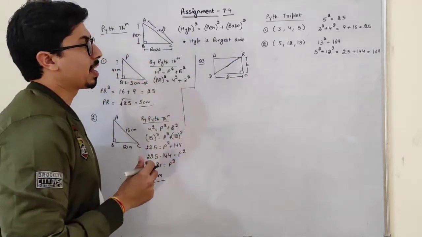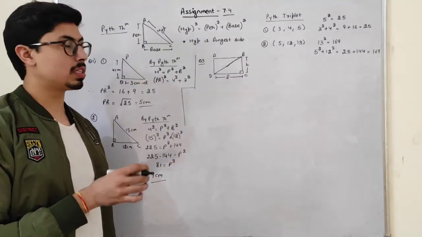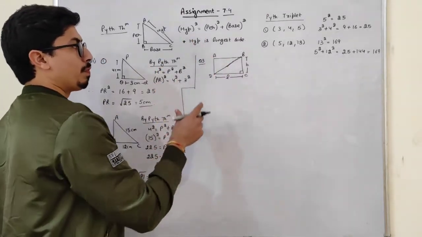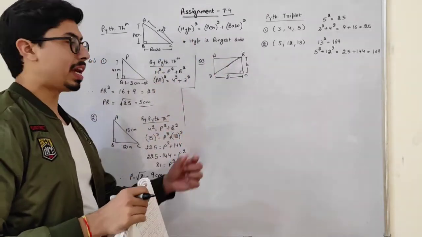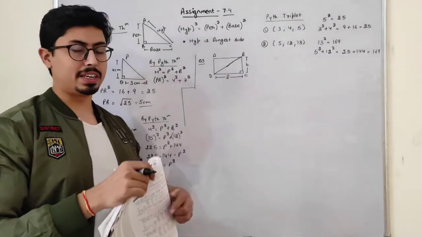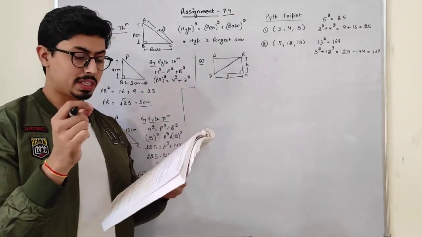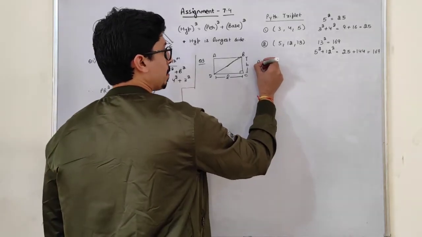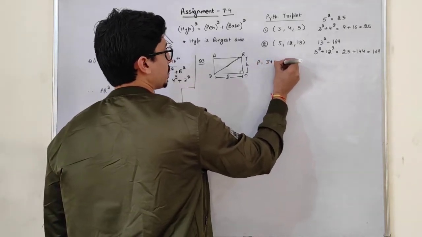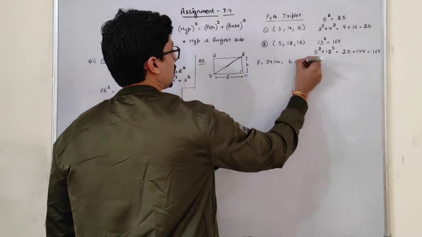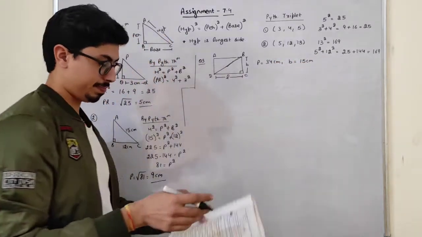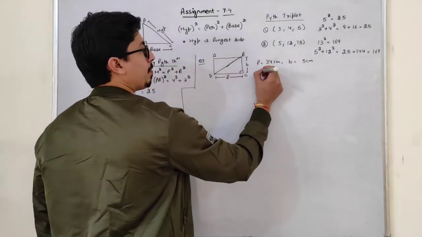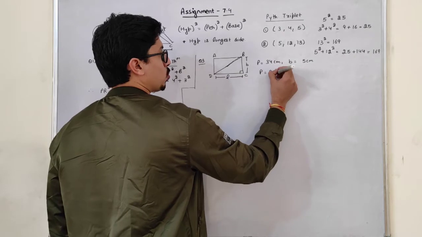And we know the angle of the rectangle is how much, students? 90 degrees. So we have to find this diagonal. To find this diagonal, we have to find the length and breadth. Perimeter is given to us and breadth is given to us. Perimeter is 34 centimeters. Breadth is 5 centimeters, students. So we know the formula of the perimeter, that is 2 bracket L plus B.